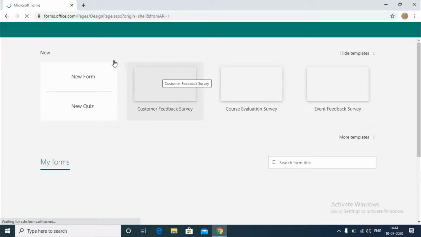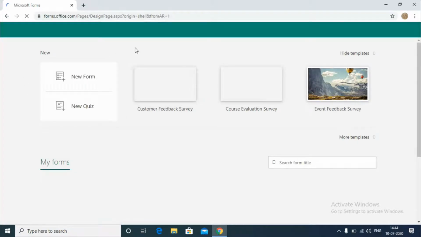Yeah, it's open. Here there are two, that is new form and new quiz.